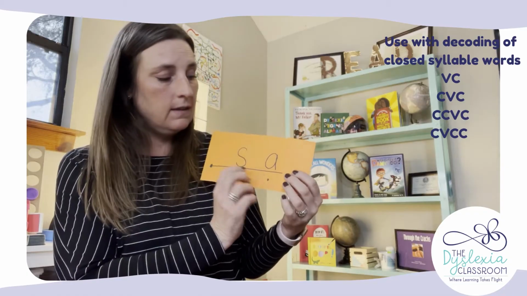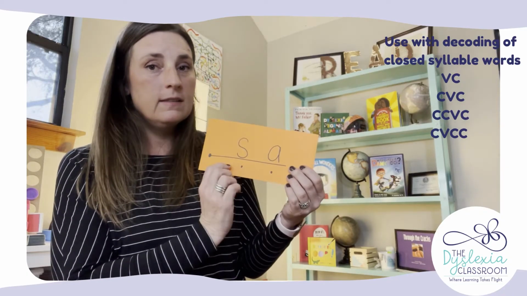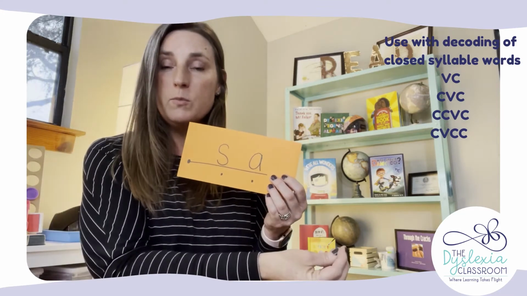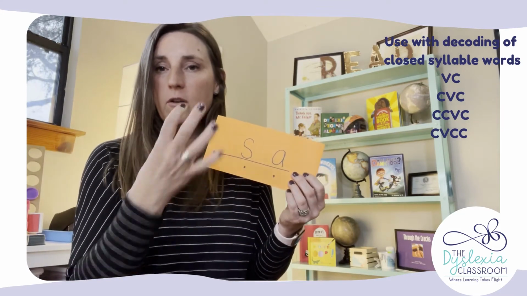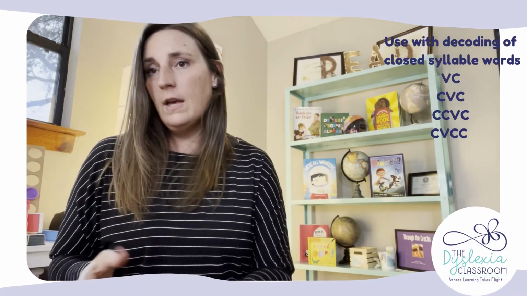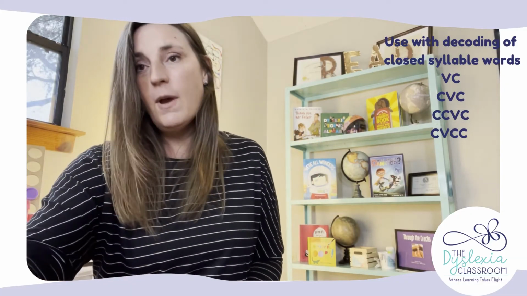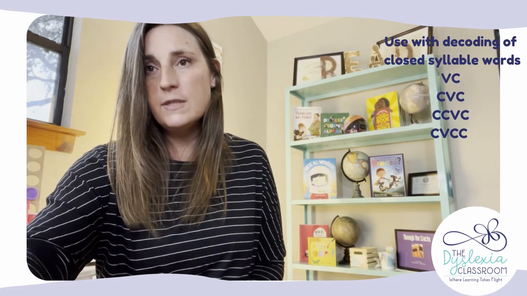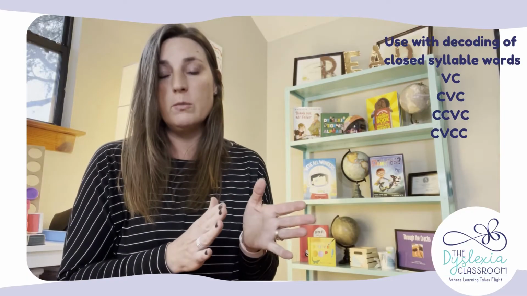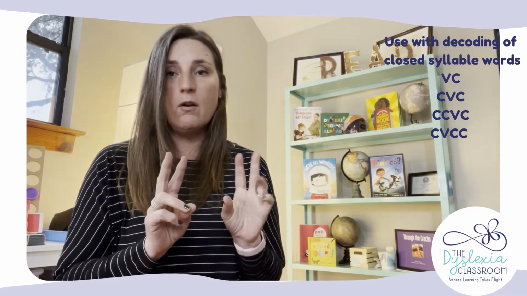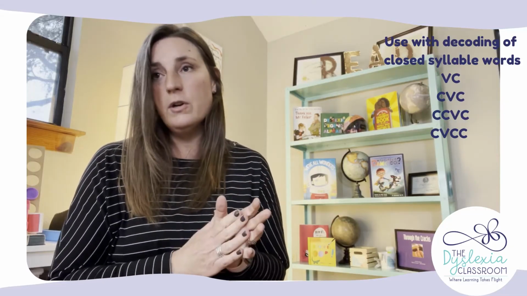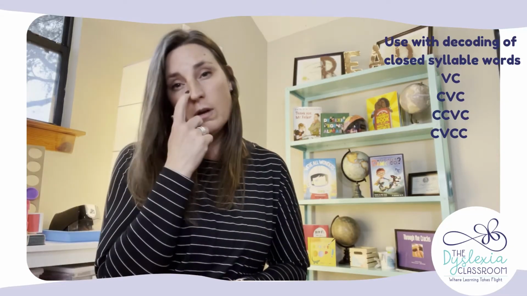Sat, sad, sam, okay? And we can work on that continuous blending. It's almost like stretching it out or singing it out, and then we would say it fast. Continuous blending is best to use when you're working with closed syllables. All right, so if you have your vowel with a consonant behind it, if you do CVC words or CCVC words, you can work on that